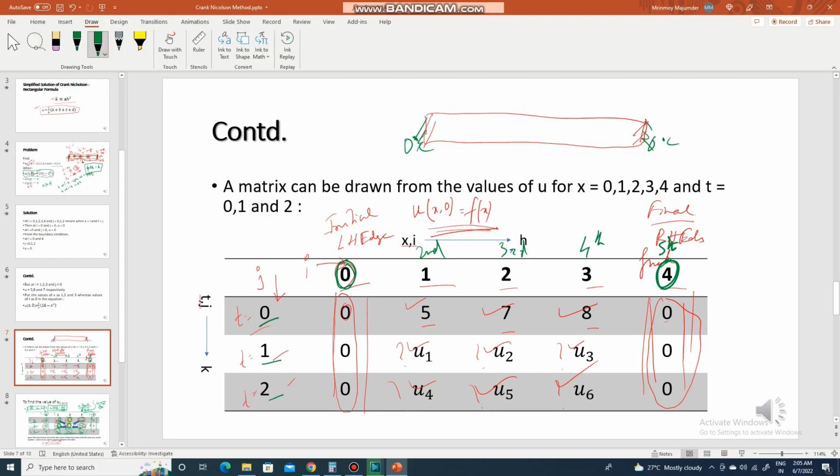But for the other nodes, that means 1, 2, and 3, this is U1, U2, and U3. Correct? At t equal to 0, the initial time, we can find out from this equation